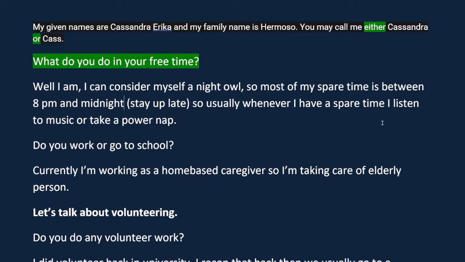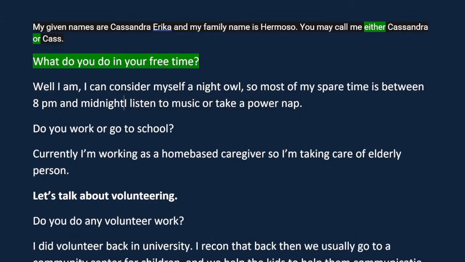And then you would say something like, during this time, I like to listen to music. And taking a power nap was really awkward because you're saying that you're a night owl, which means that you're staying up late. And then suddenly you're telling me that you're taking a power nap. And as your listener, I'm trying to think like, do you mean you're taking a power nap while you're staying up late at night? It's almost confusing. Do you see what I mean?